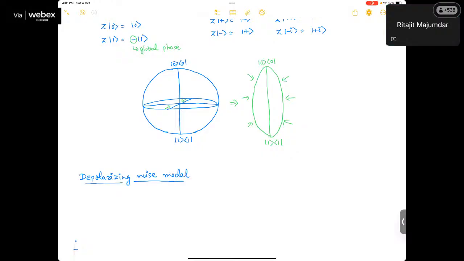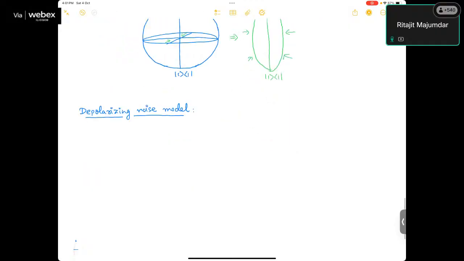The depolarizing noise model says that with probability 1 minus p, nothing happens to the state, and with probability p, it goes down to the maximally mixed state, which is the origin. If you break it down, you can show that it is simply p times identity by 2, the origin, because it is kind of like identity. You can break it down by saying that it is, say,